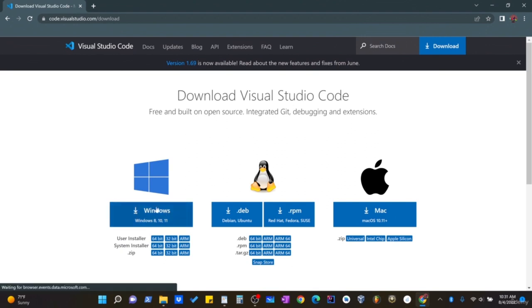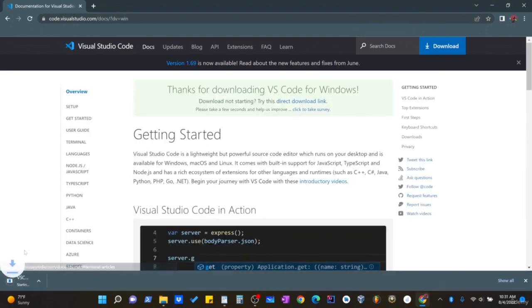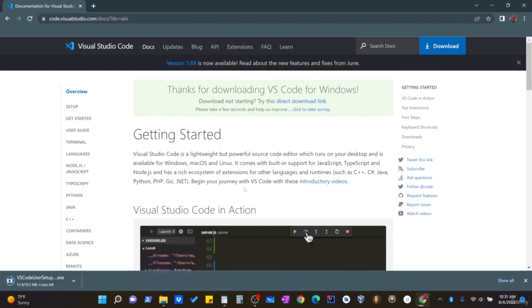So I'm on Windows, so I'll click download here. And that should launch the download. We'll download that exe, and then once it's downloaded, we'll launch it and just look at some of the options we have for configuration of the install. All right, so just a couple seconds left. All right, so it looks like that exe has downloaded. I'll click it to launch it,